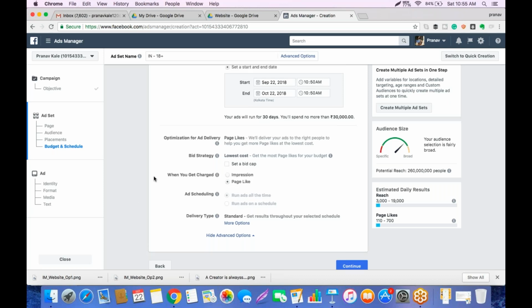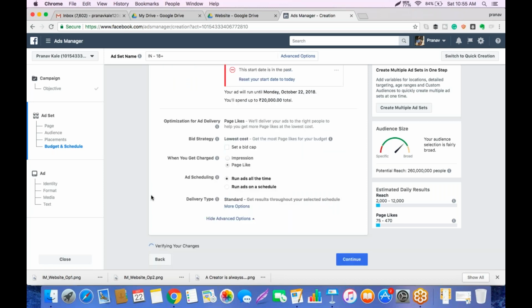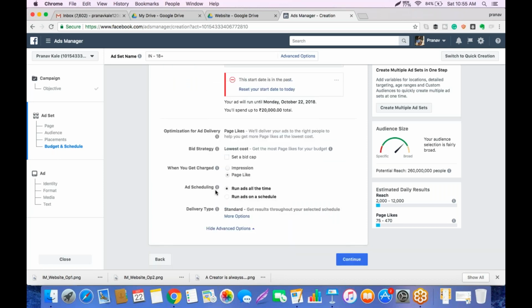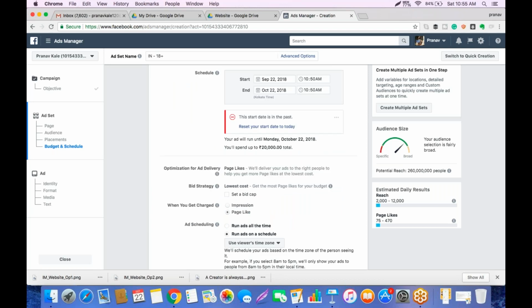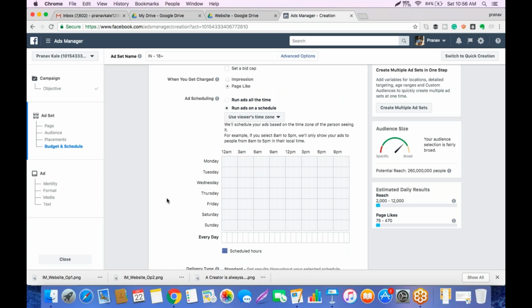Ad scheduling is only available in the lifetime budget. So as I told you, lifetime has one more advantage, and that advantage is that you can indulge in ad scheduling. So what is ad scheduling? I can schedule ads in specific slots. So for example,